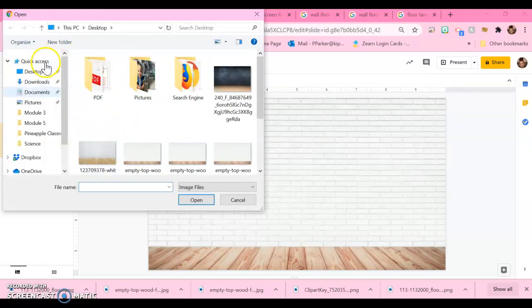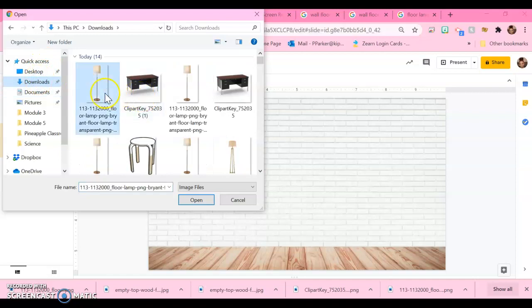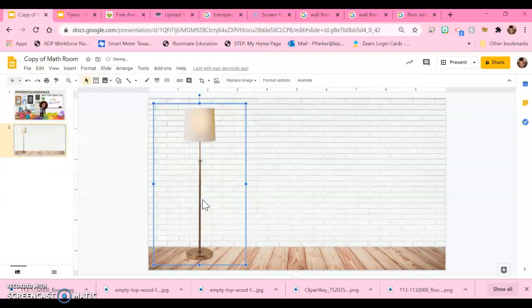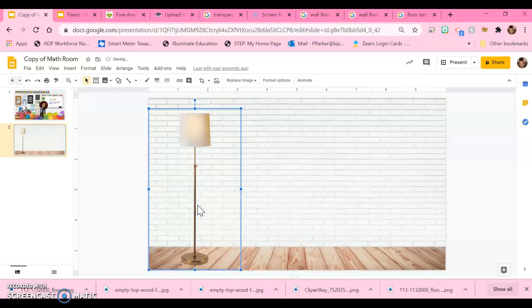Let's see. I'm going to go to downloads. And here's my lamp. I'm going to open it. And now I have a lamp with a transparent background. So that means there is no background. So now I have a lamp. Next, if I want to add a desk,